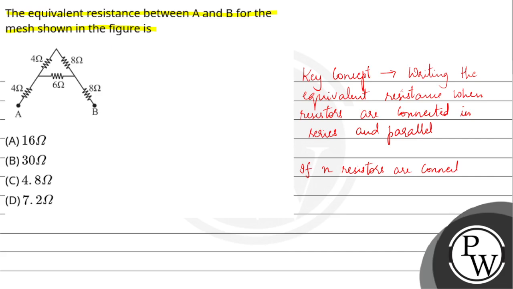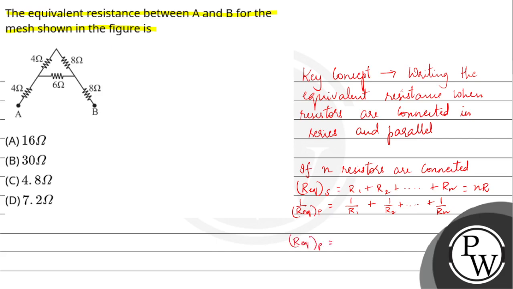तो उनका series equivalent resistance, it will be the sum of all the resistance values R1 plus R2 etc plus Rn. तो अगर n resistors का एक ही value of resistance है, so then this will be n times R. तो connections के parallel configuration, the equivalent for the parallel configuration is given by 1 by R equivalent is 1 by R1 plus 1 by R2 etc plus 1 by Rn. तो अगर सब के value of resistance एक ही है, then the equivalent resistance for parallel connection will be R by N.